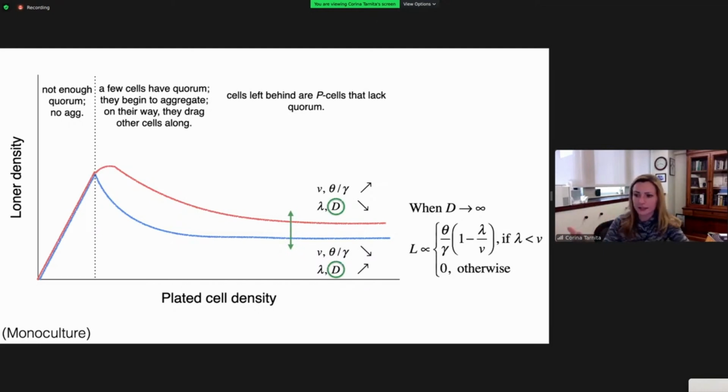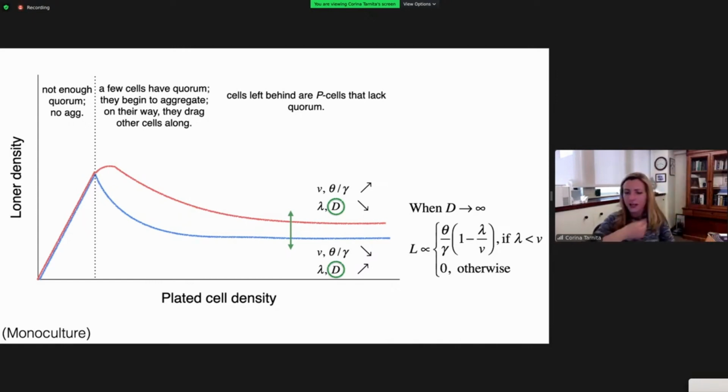Again, theta is the strain-specific threshold, gamma is the rate at which the signal is being produced, lambda is the rate at which they make the decision to aggregate once their quorum is met, and v is the rate at which is their speed. Velocity. Just to give you a little bit of a sense, you can see there how they depend on the various different parameters, but to give you a little bit of an intuition for this model and for what changes the number of loners that we see left behind, let me focus on